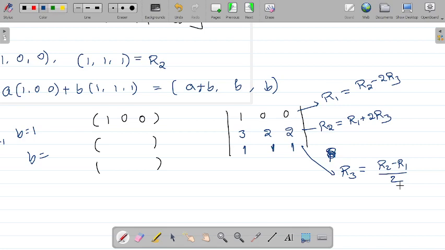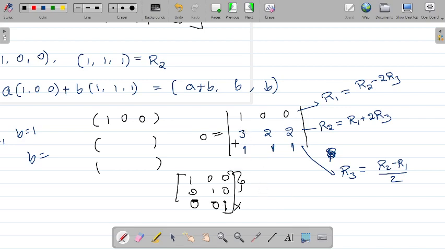And one more thing you can see, what is the determinant of this matrix? Zero, because we know that if you have a matrix where one row can be expressed as a combination of other rows, then definitely the determinant is 0. So here the determinant is 0, therefore these rows are dependent. If you have 1 0 0 and 0 1 0, the third row cannot be a combination of these two only. You cannot get 0 0 1, because this 0 0 1 is independent of the first and second row.